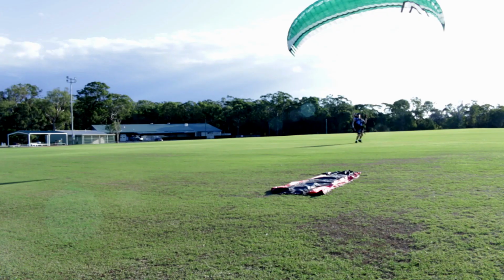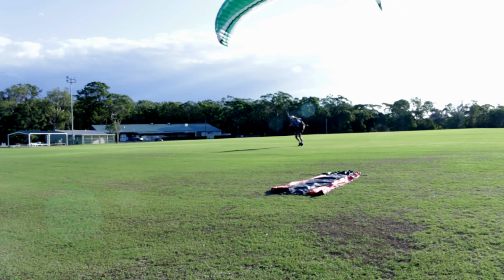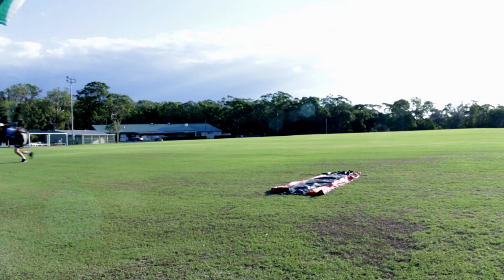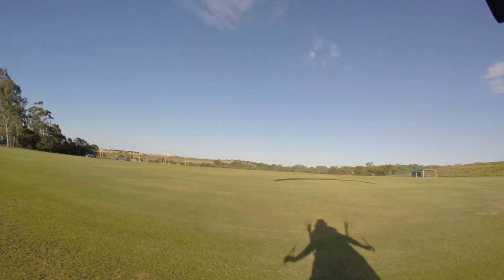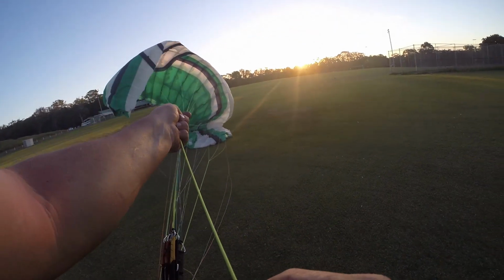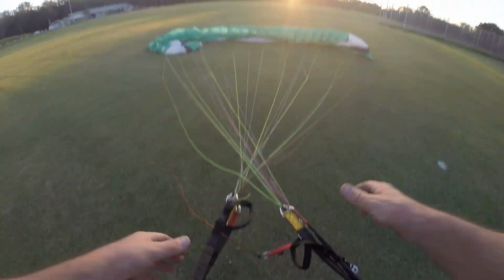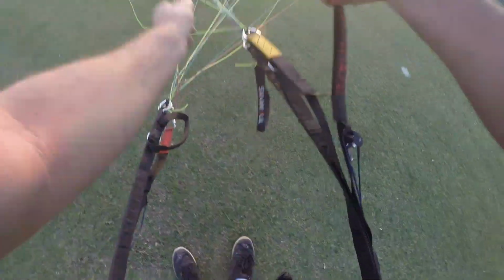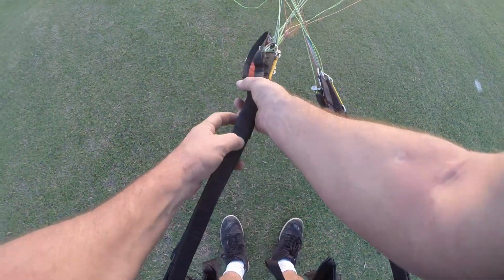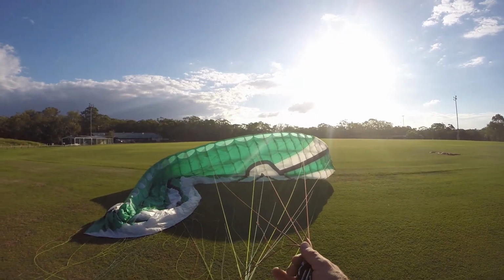Let's turn around, grab hold of our brakes. Nice run. Perfect. If you can master getting it to flip over like that, it comes in very, very handy. Instead of carrying it,